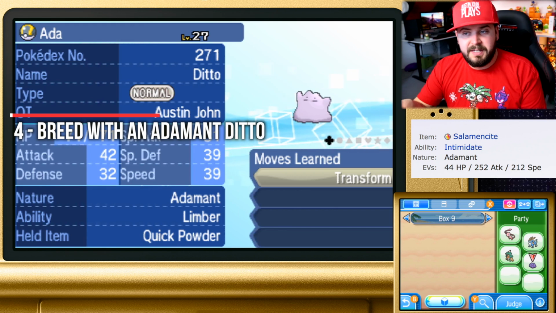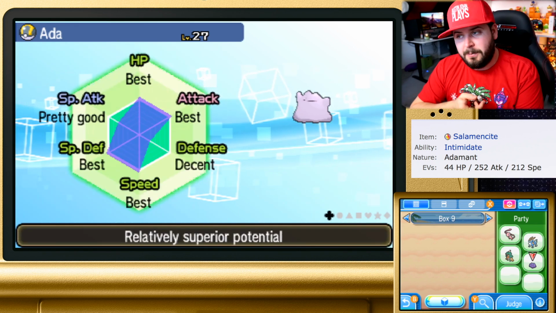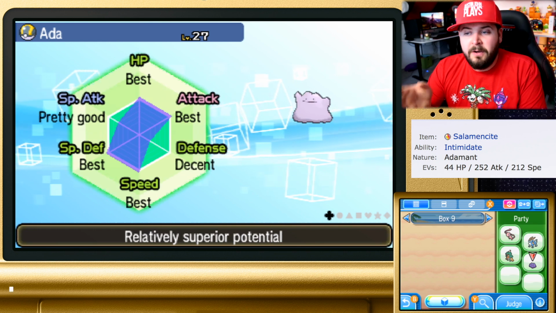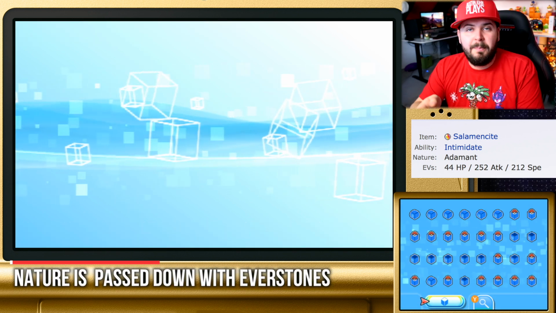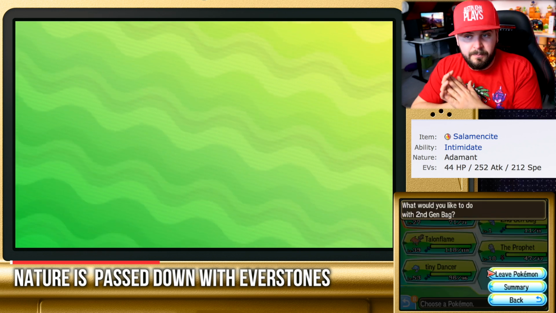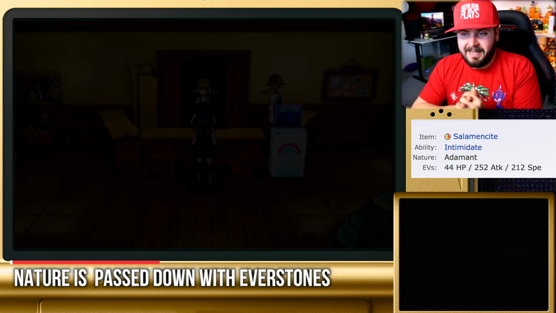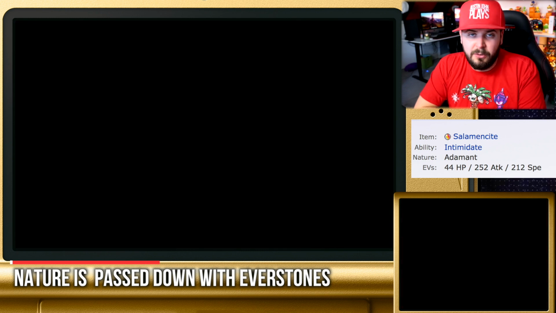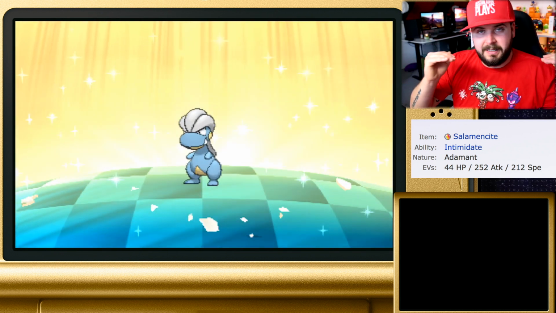So preparation for step 3 is ready to execute. I have my Bagon with Dragon Dance and I have my Adamant Ditto. Now we're going to need some special items. For Ditto, who's Adamant, we want to pass that nature down. So in order to do that, we need to get ourselves an Everstone. Everstones are fairly common in the game. Boldore and Roggenrola have a 50% chance to have them in the wild, so you shouldn't have much trouble getting your hands on one. So we're going to breed our Dragon Dance Bagon with our Adamant Ditto holding an Everstone,